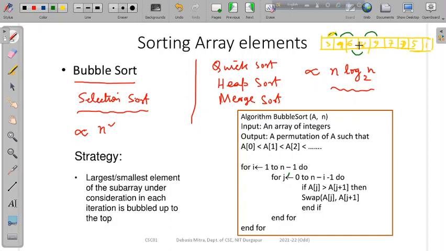8 and 9, again it is okay. Now 9 and 7, you look, 9 is larger but 7 is smaller, so what it does, it exchanges their value. So now 7 comes here and 9 comes there. Okay, now in the next step what happens, 9 and 2, this was 2, remember,